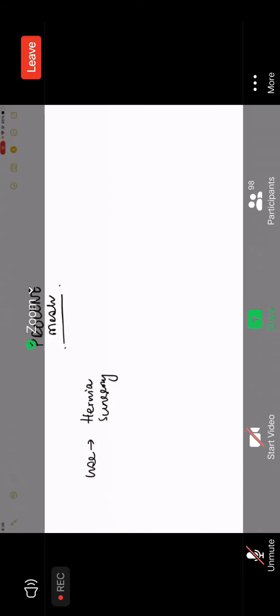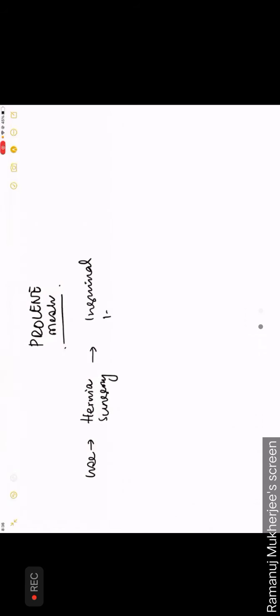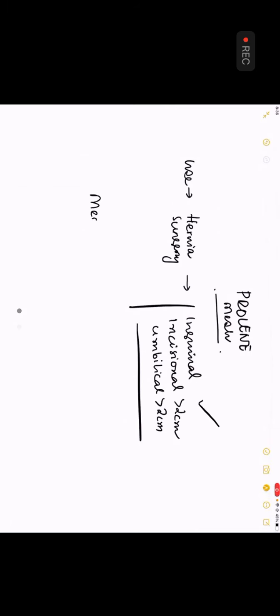What type of hernia surgery? Inguinal hernia surgery, incisional hernia, umbilical hernia more than 2 centimeter, incisional more than 2 centimeter. This is used routinely. The mechanism through which a mesh acts is that what a mesh does is that